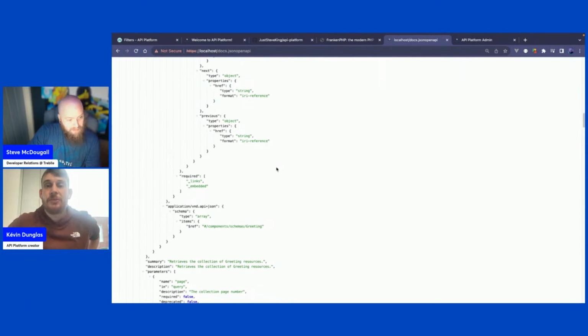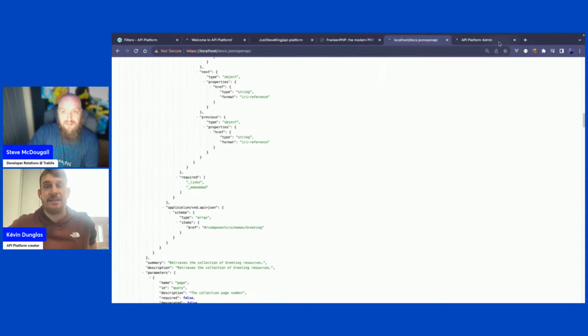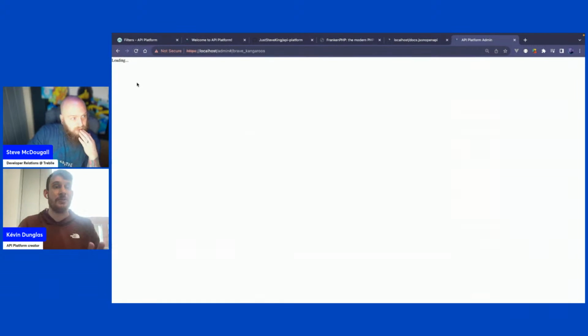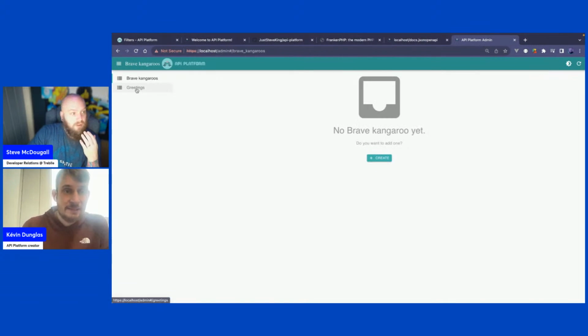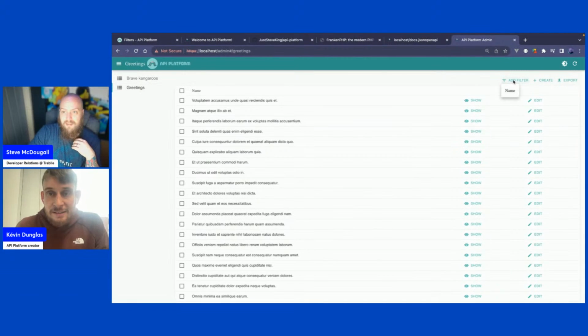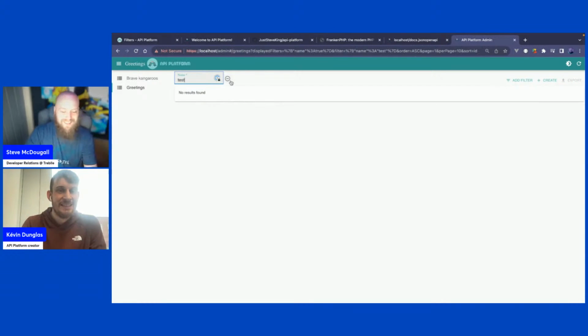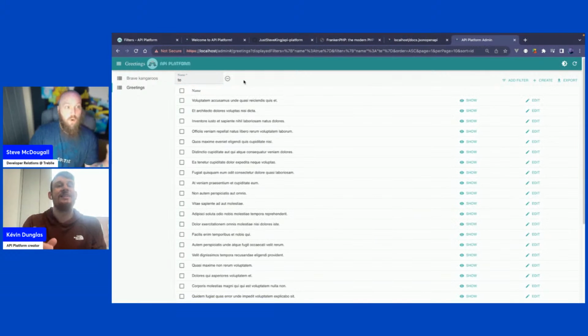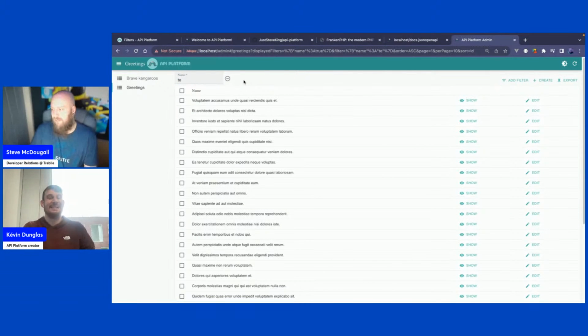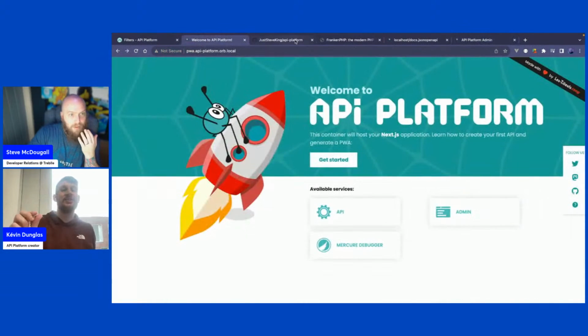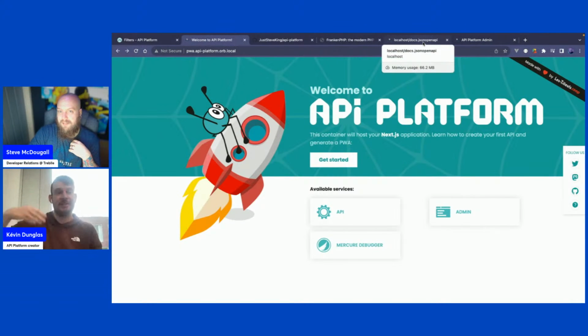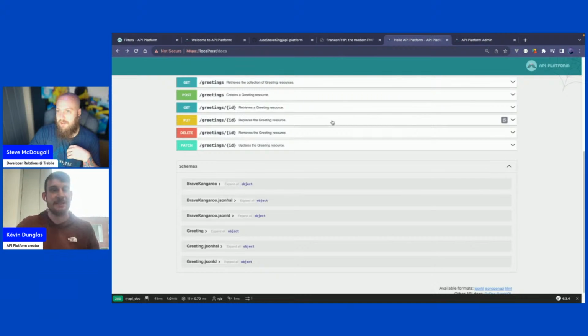And if you go back to the admin and refresh the admin, you should also be able to use the filter in the admin. So if I come to greetings, wow. Oh wow, it all just works together nicely. That is the power of web standards. And the filtering is done server side in SQL. It's not just some filtering in JavaScript. It's entirely done at the database level.